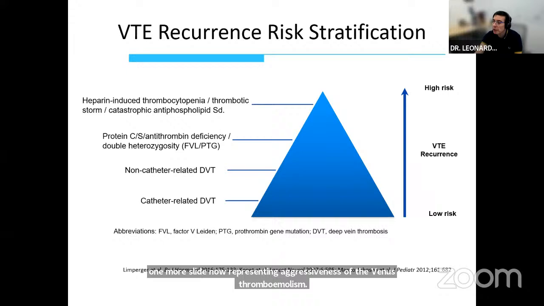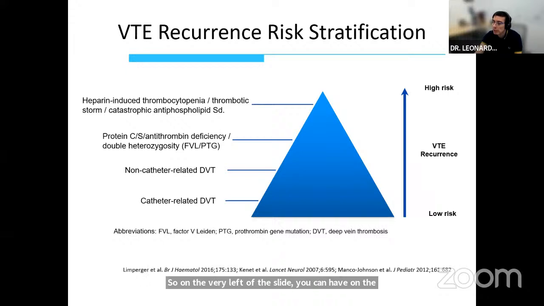So on the very left of the slide, you can have on the bottom lower risk of recurrence and or progression, and on the upper part, higher risk of recurrence and or progression. And I have already mentioned that catheter-driven DVT being the bread and butter of pediatric thrombotreaters. Then you may have that second by non-catheter related events, and then you may upgrade it even further to the severe or moderately severe natural anticoagulant inhibitor deficiencies or double heterozygosity status, and then the more elusive, very rare cases that I'll be spending the very last part of the talk on, such as heparin-induced thrombocytopenia, so-called CAPS, catastrophic antiphospholipid syndrome,